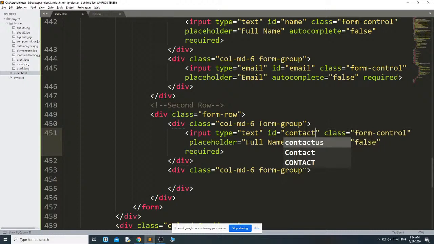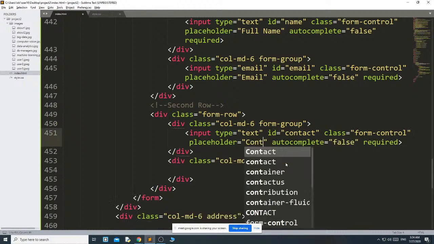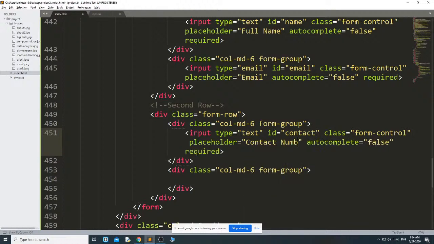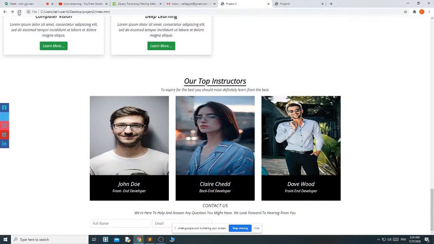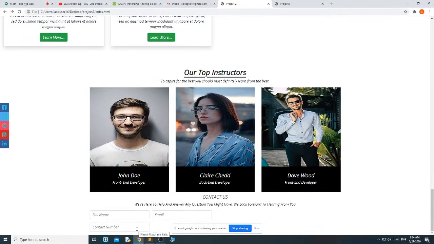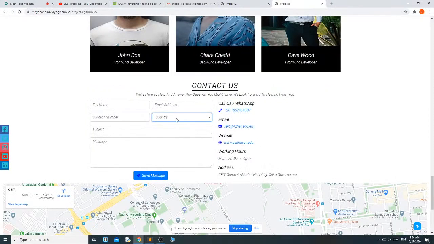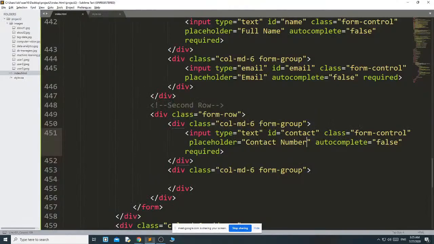You can also use input type number if you want, but then it will show 1 2 3 4 arrows. That's why I don't want that. That's why I am using input type text, contact number. Then the next one is the selection box, like a country selection box.